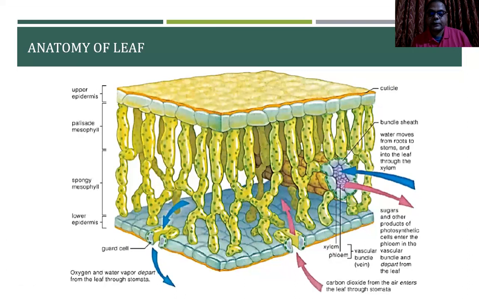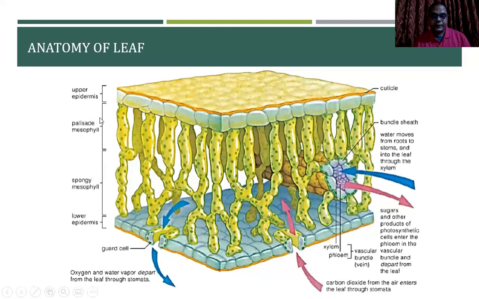The petioles are the specialized structures that enable it to support the leaf blades and conduct the food, water, and the minerals. The petiole is the point at which the leaves are shed in the autumn. We will see how the abscission takes place at the end of the growing season.